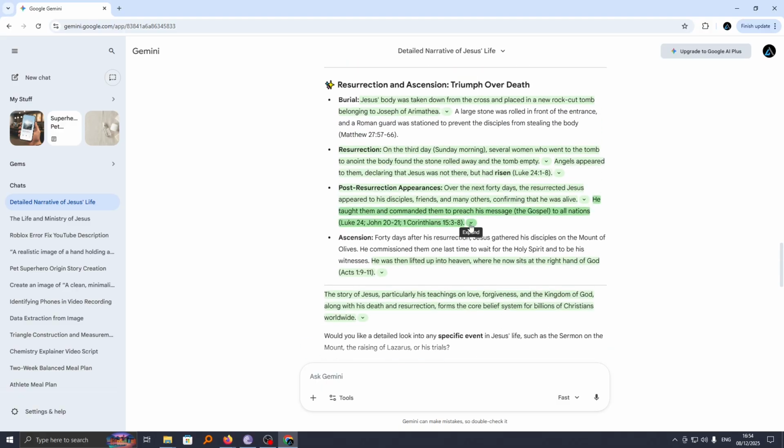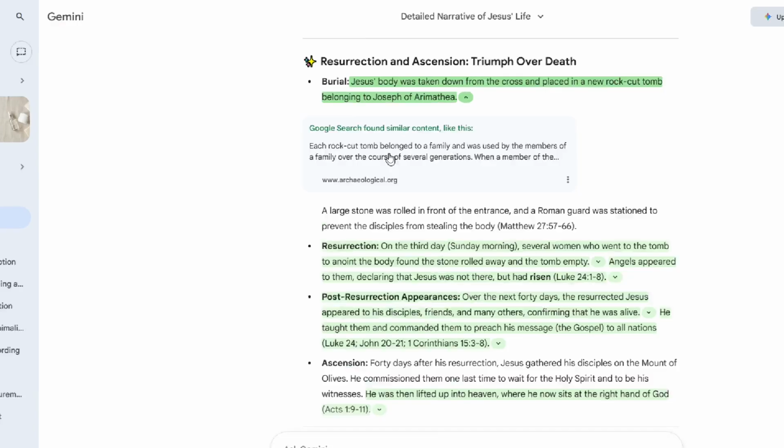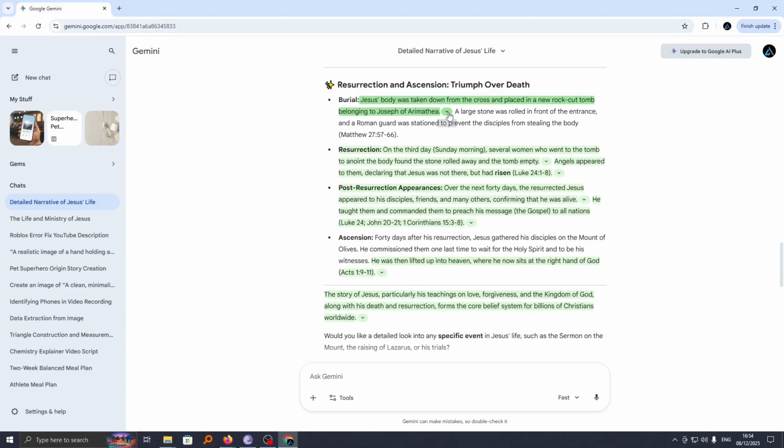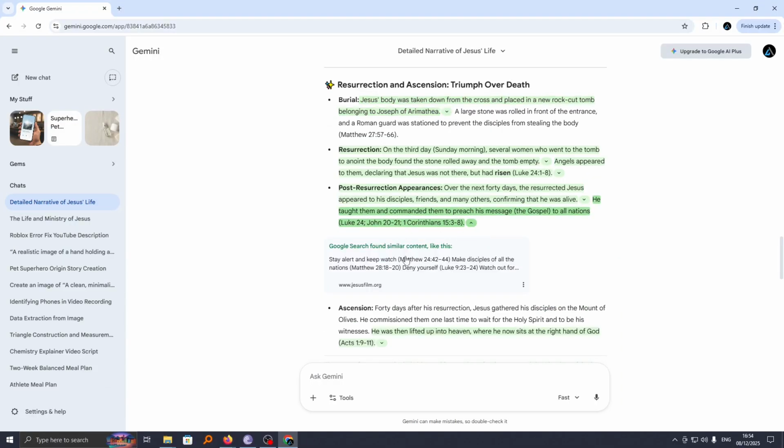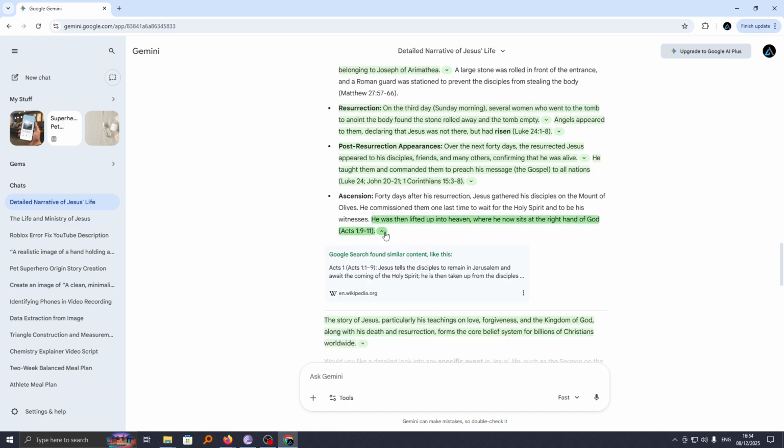moment it will highlight sections on your responses that you can double check. For instance, if I go ahead and hover over this and click on expand here, you can see the references and additional information about this point. So you can go ahead and check or double check all the responses on each and every highlighted part on